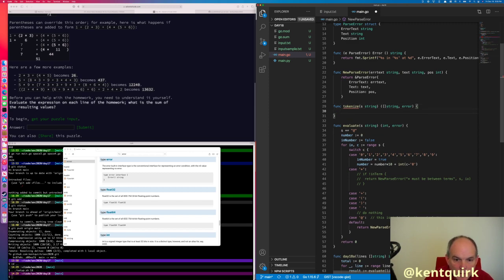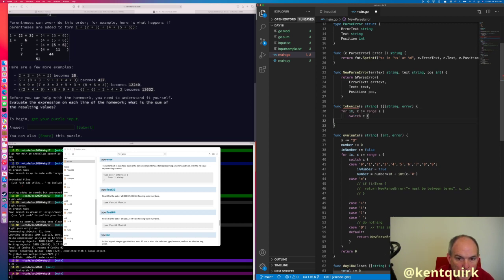We're still going to do this, but our case statements are a little simpler. In case of plus, times, left paren, right paren,